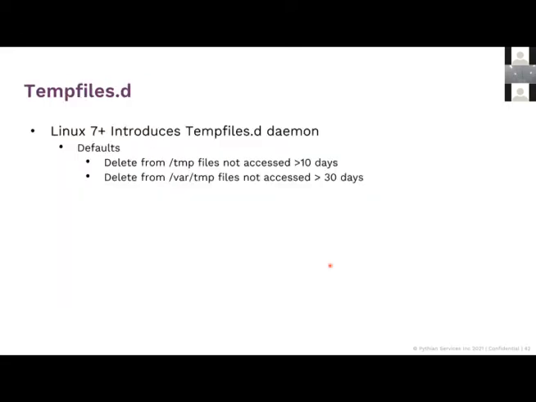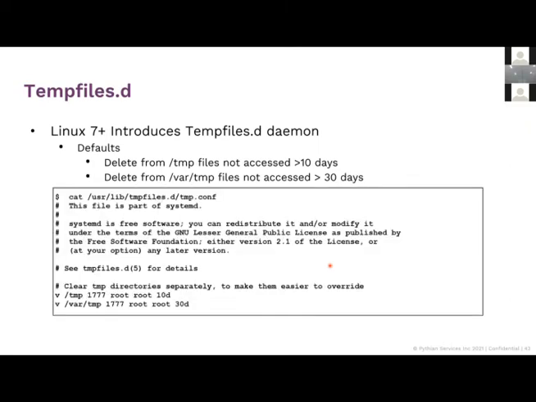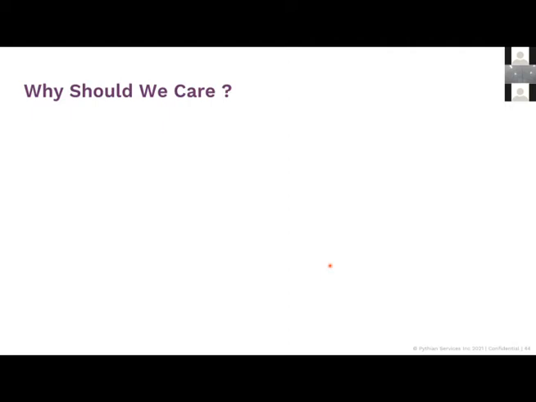Okay. Another important thing around this would be the tmpfiles daemon. This is a Unix concept. Linux 7.7 introduced this particular daemon, and it defaults to removing files. That's the work of this daemon. Cleanup is one of its responsibilities, right? Cleaning up files. Now, why are we bothered about it? This is the default configuration that comes with it. It can delete files that are not accessed, temp files that are usually there. So again, why do we care as RDBMS people running RDBMS on a server?